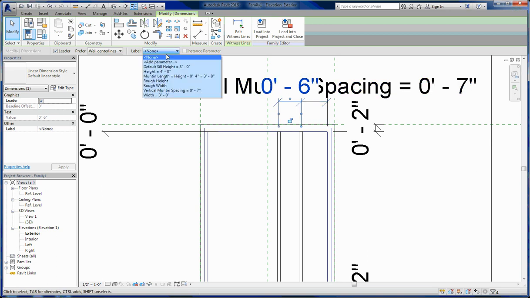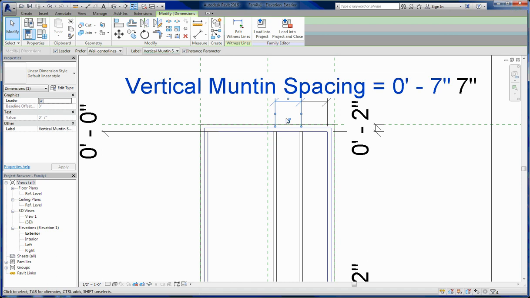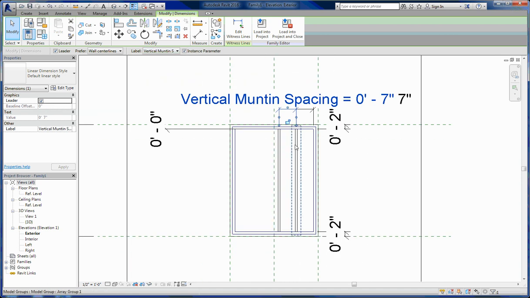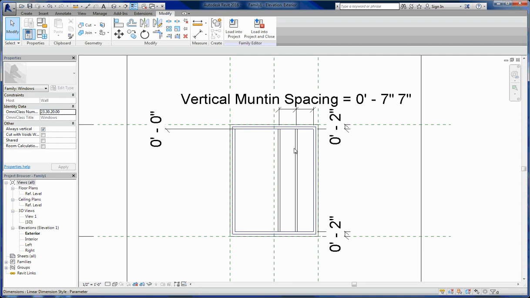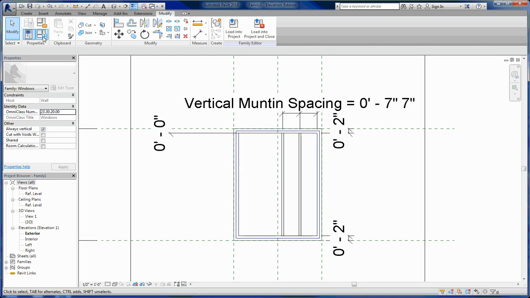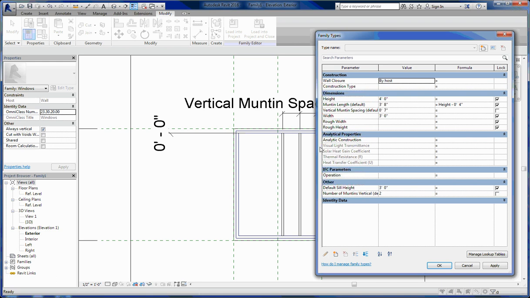And I'm going to apply that same one to this one, because I want that to be the same. And you saw it just jumped over because this was 7 inches, so it's making that 7 inches. Now we have to apply something to this that makes this evenly spaced. So I've got vertical mutton spacing here, and it says it's 7 inches, but I'm going to use a formula